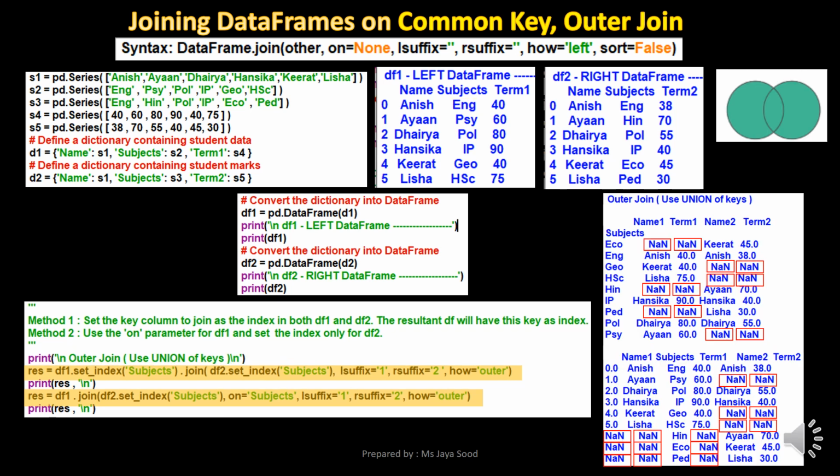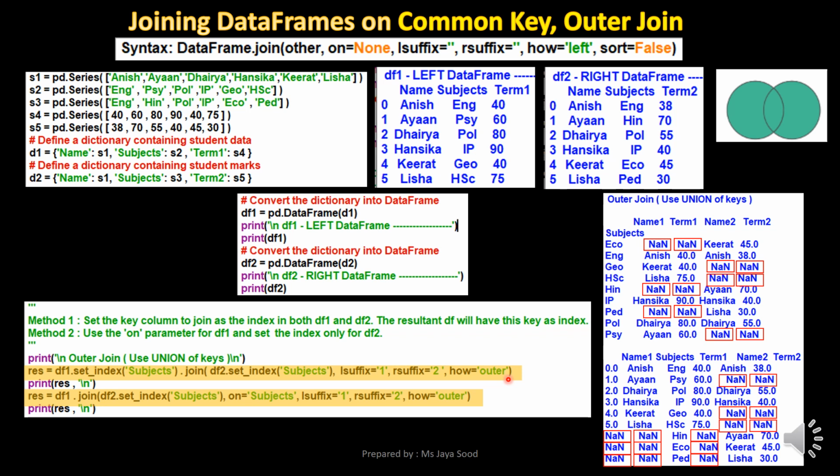Let us now create an outer join on the subjects column using the same example. In method 1, res is created by writing the statement df1.set_index('subjects').join(df2.set_index('subjects'), lsuffix='1', rsuffix='2', how='outer').